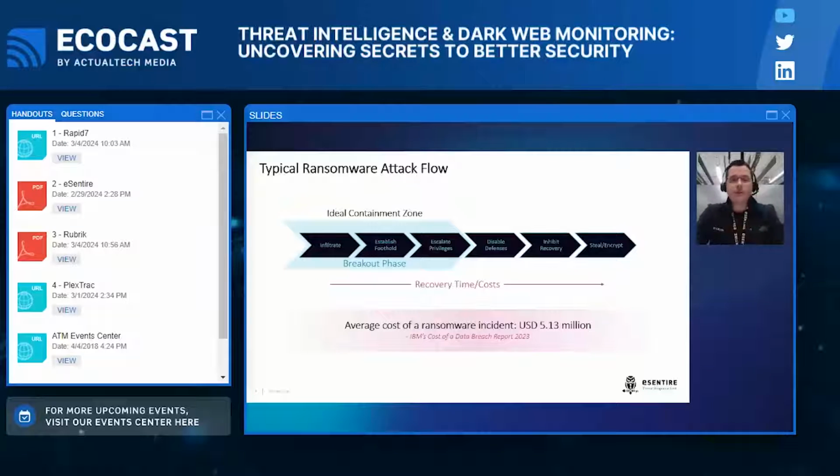They still need to, at the end of the day, get into the network, establish a foothold, and then break out of patient zero somehow, and then escalate the privileges. And really speaking from experience, your best bet for stopping these attacks is in the first three phases that I refer to here as the breakout phase. And that can occur in as little as an hour to days, depending on the attacker's workload and, honestly, how much extortion value they put on your organization. The longer we delay our response, the greater our recovery time and cost will ultimately be.